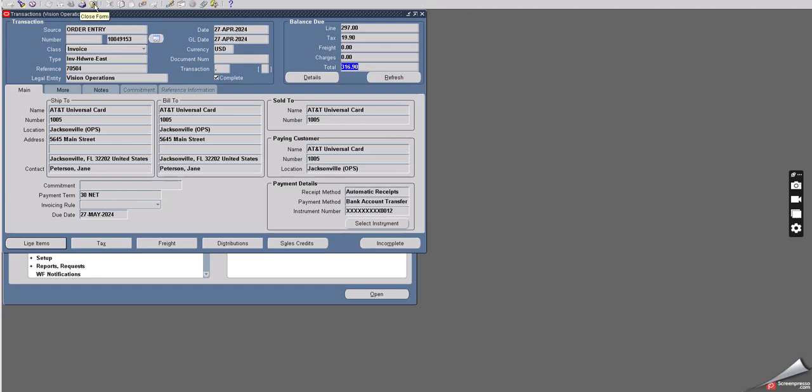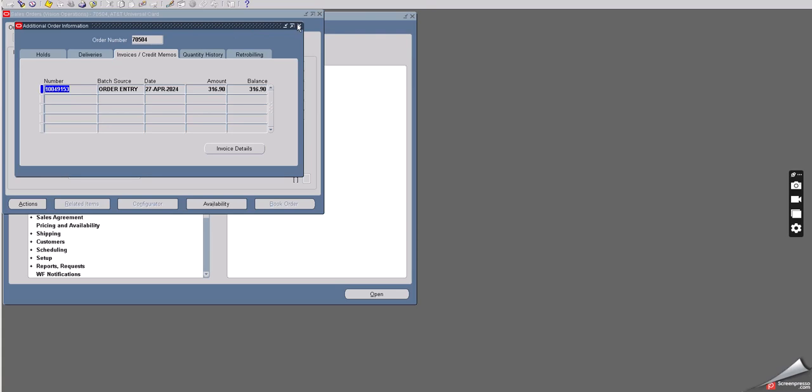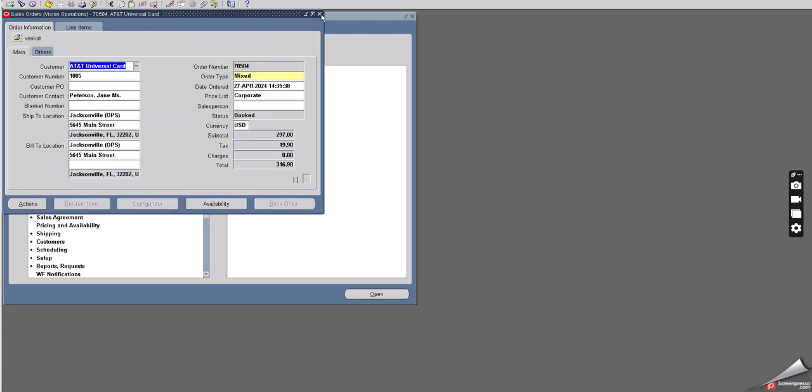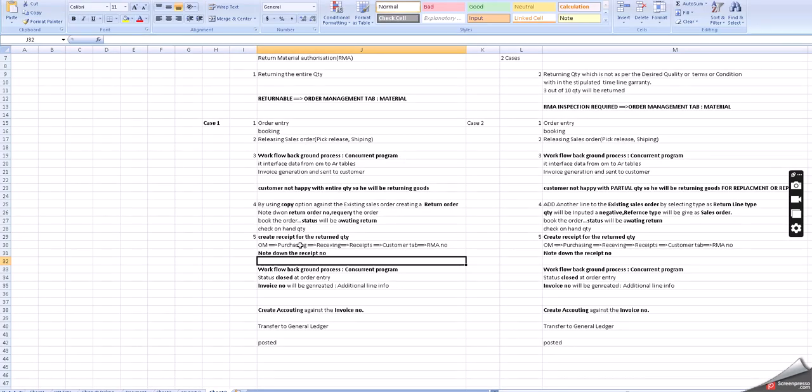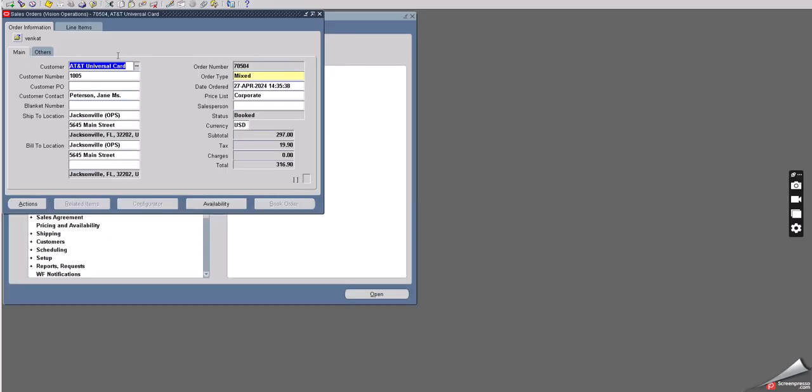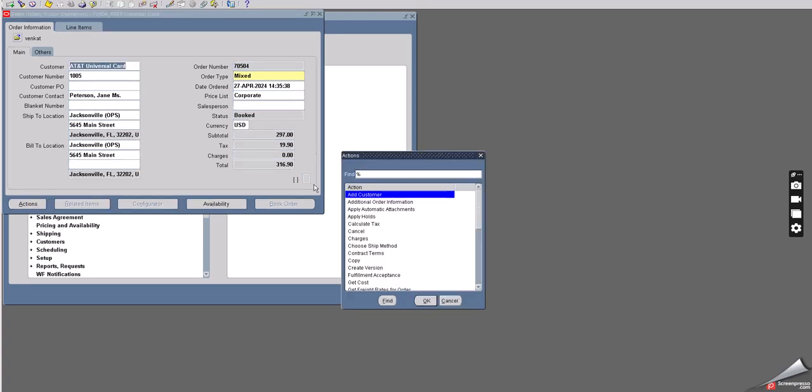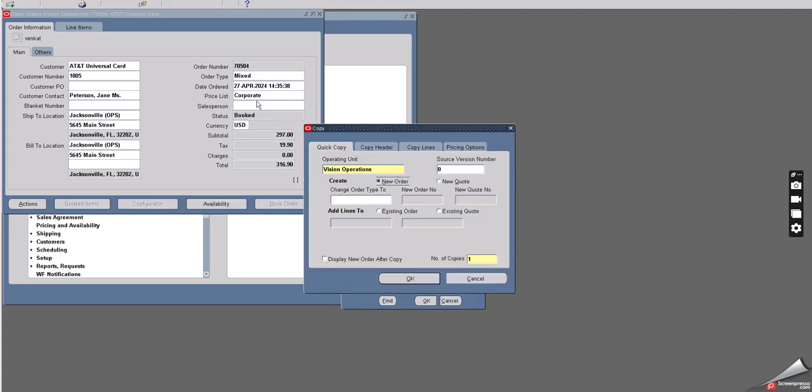Now just close this. Now what we have done is up to the customer being not happy. Now we need to create one more order against the existing order. So go back to actions, use the copy option. Okay, use the copy option and create an order,